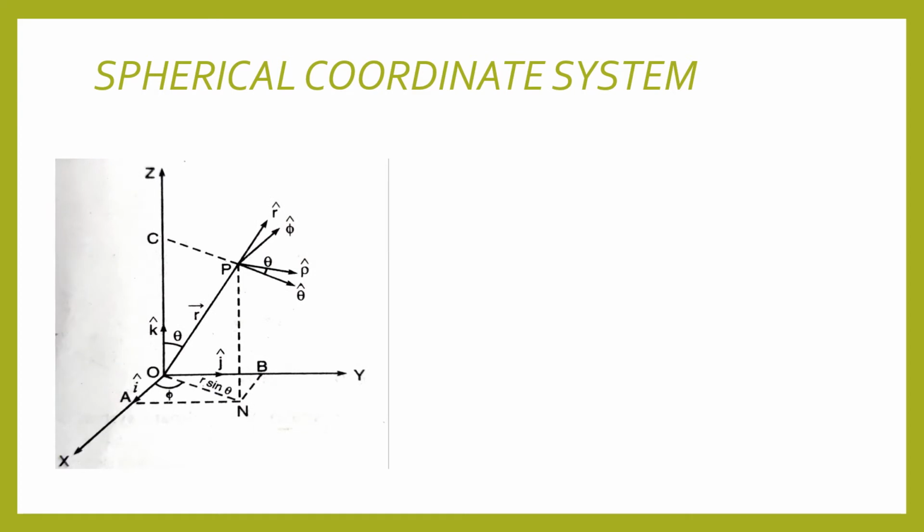In this figure, we have the three axes x, y, and z axis and a point P. We have read that in spherical coordinate system, the position coordinates of this point P are represented by three terms. One is r, second one is theta, and the last one is phi. That means the coordinate of P is in terms of r, theta, and phi. And we know the position vector of the particle is given by the equation i r sin theta cos phi, j r sin theta sin phi, plus k r cos theta.